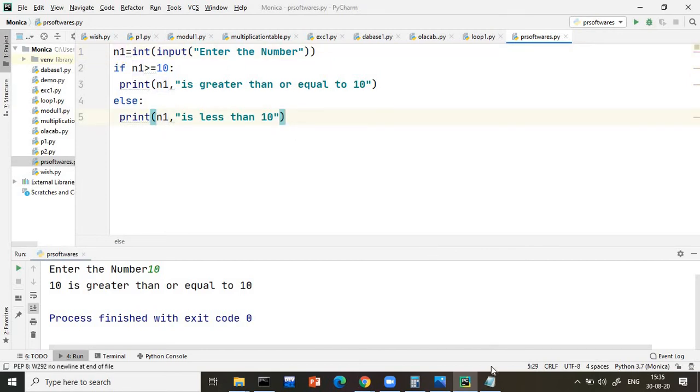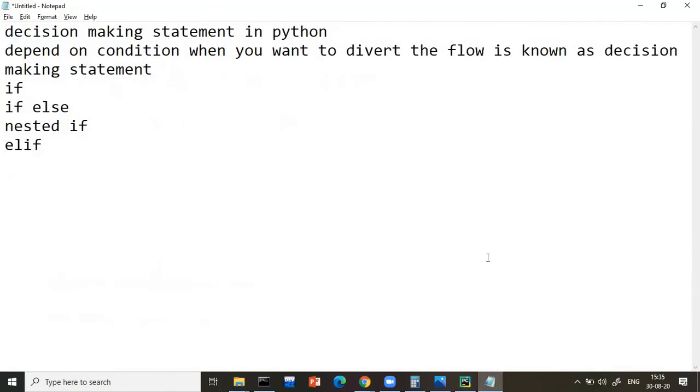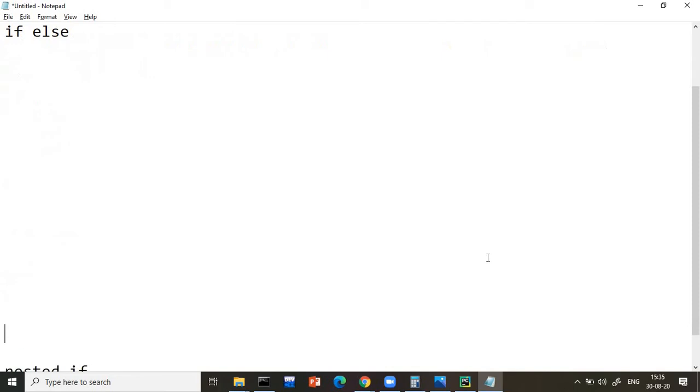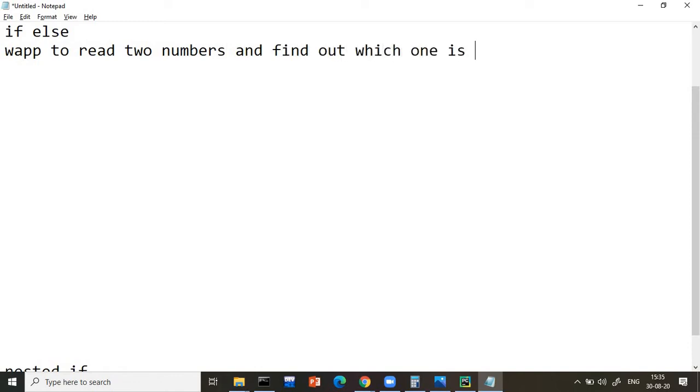Now in the if else, we are going to see certain programs. The first program I am going to explain is: write a Python program to read two numbers and find out which one is big.